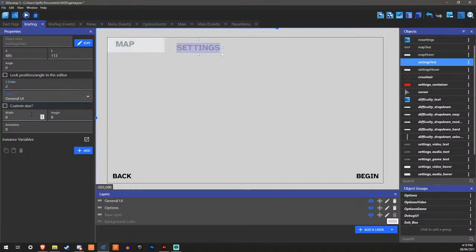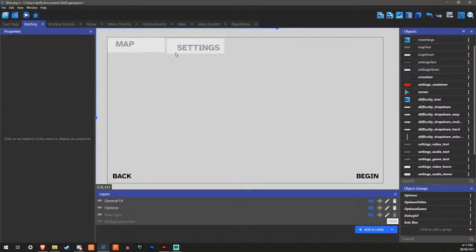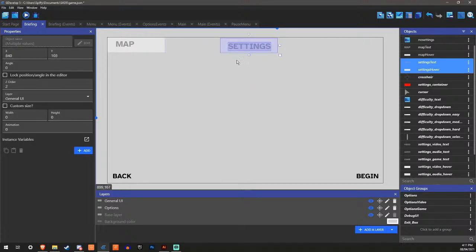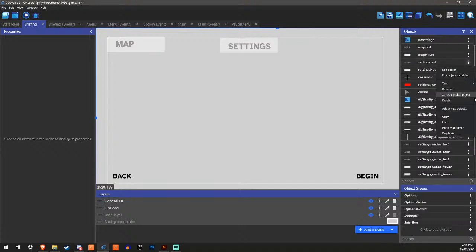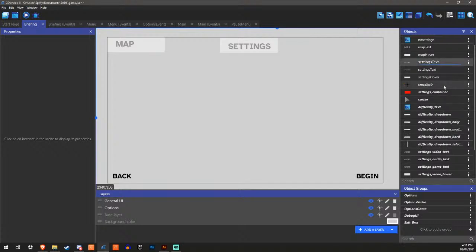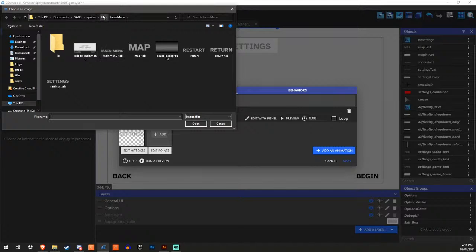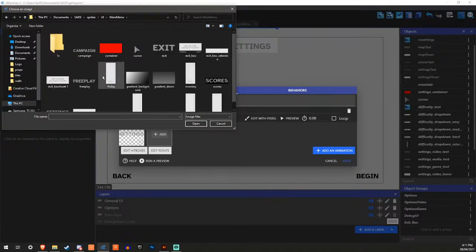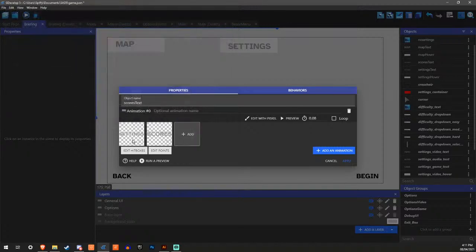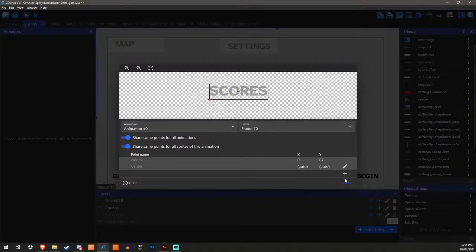Now 2, and general UI, put this on 1, put it in general UI. Right, cool, we have that. I think I want to add the scores here. So let's make room for the scores. We'll do this. The scores text should just be in the main menu folder, so I should be able to get these here. Here we go. Cool. That should have the right points, yep.